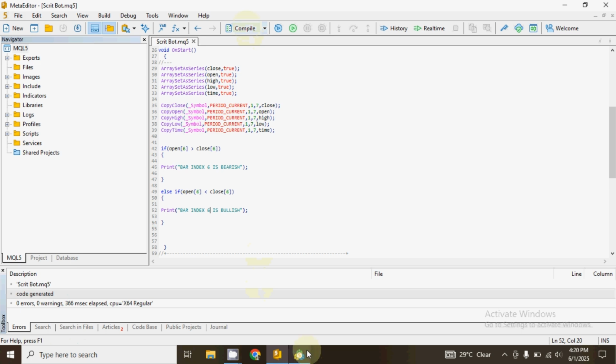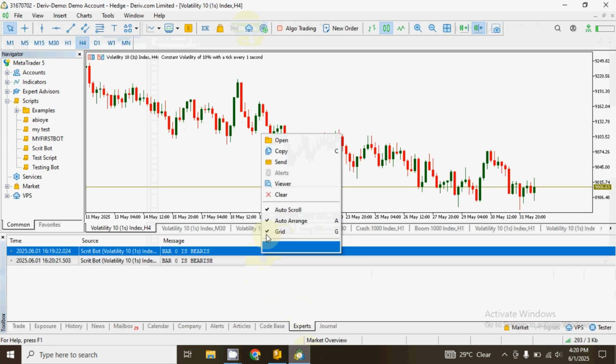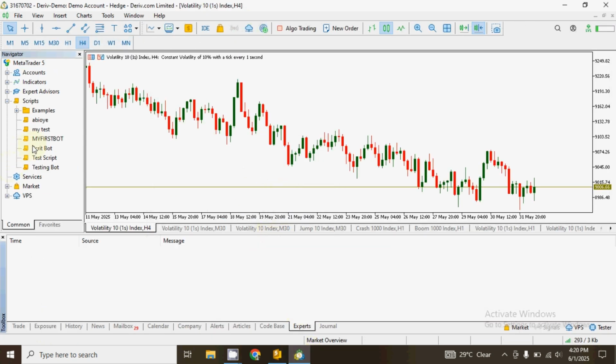Compile again. Let me clear this. Test script bot. Can you see? Bar index 6 is bearish. Now if you count it for yourself, 0 1 2 3 4 5 6. Indeed, it is bearish. Now if you check for bar index 5, which is the sixth element on the chart,